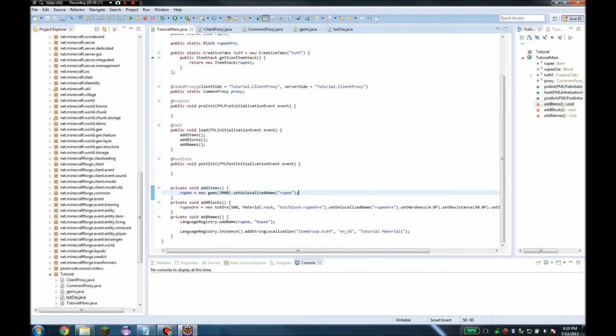And we just created our block. So what I'm gonna do now is, here we go. Okay, we're gonna add the harvest level. So I'm gonna create a private void harvest level,